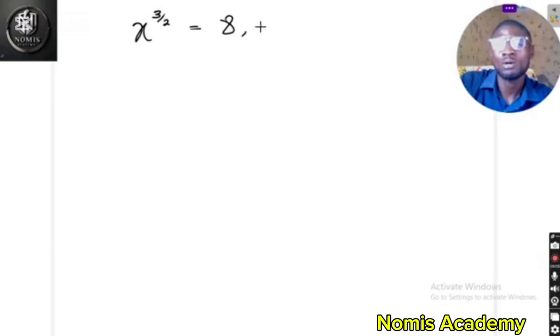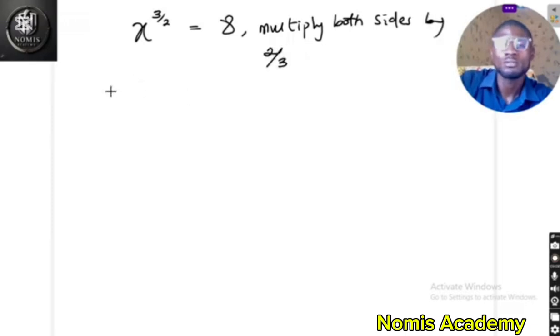So x raised to the power of 3 over 2 multiplied by 2 over 3 is equal